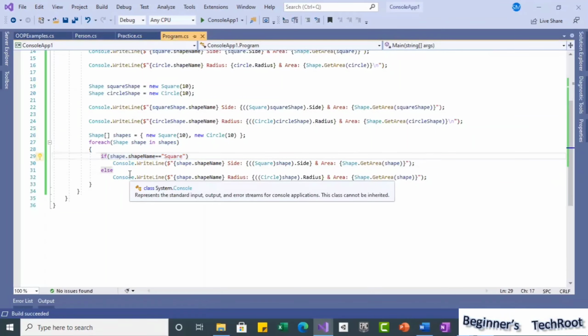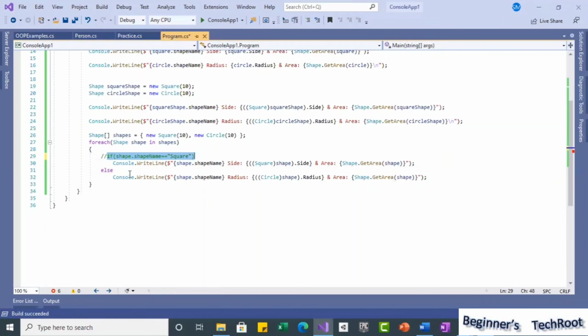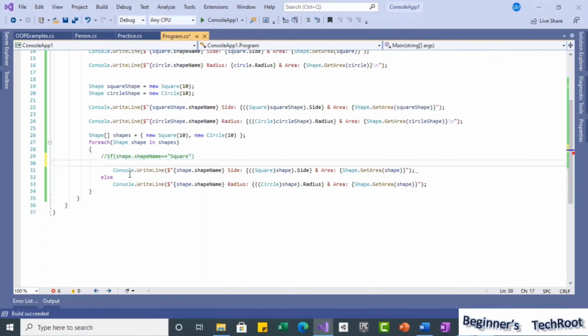There is one more option, even without hard coding, directly checking the type. Here you are checking the shape name. Instead of that, if you want to check the type name, we know what we defined very clearly. We cannot know the names in various ways, in the sense of whatever classes we defined, that type name.